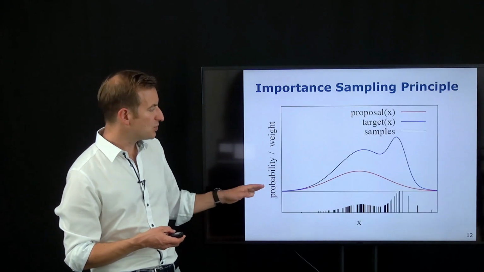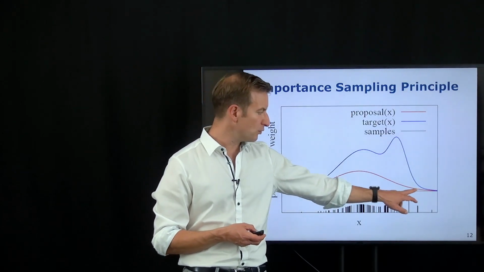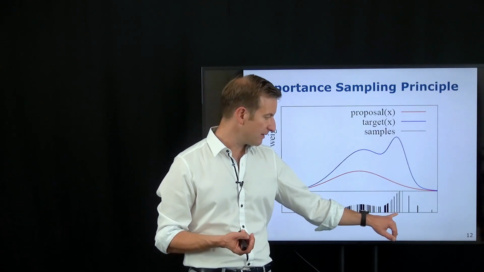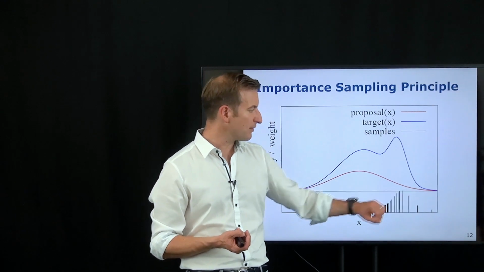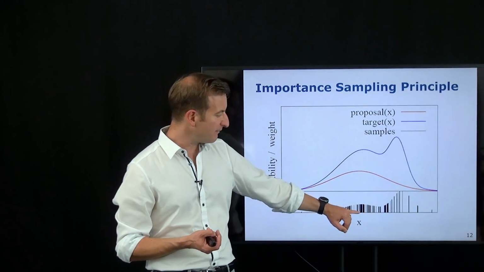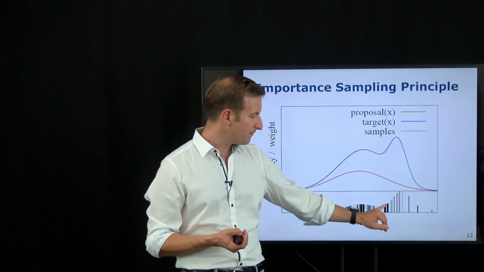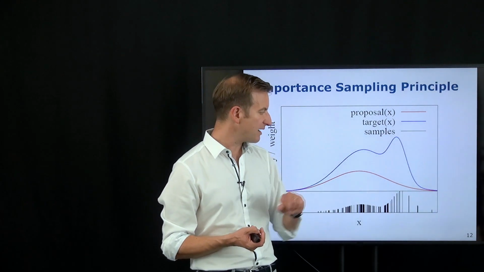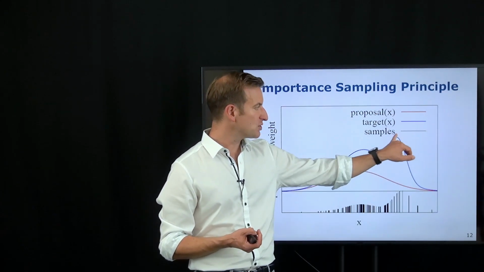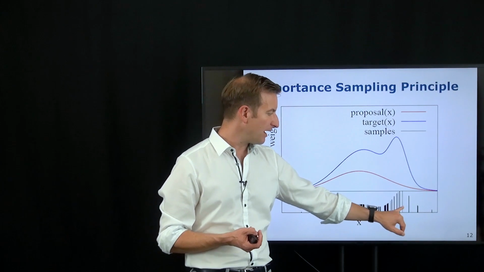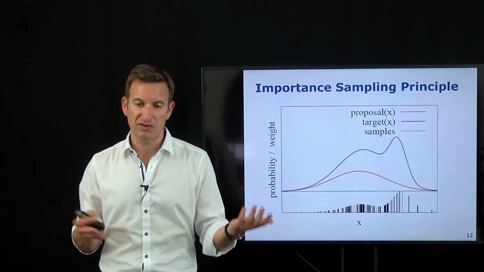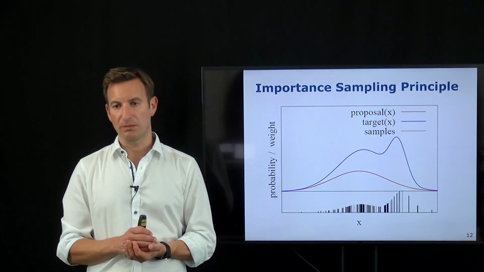But with this approach of drawing samples from the blue curve, that means getting locations on the x-axis here, where the location is determined by the red curve, and then compensating for the error that I haven't drawn from the blue curve by giving them a weight, and the larger this bar over here is, the higher the weight. So in areas where I've drawn few samples, but where the function value of the target is high, I will have higher weighted samples. And in other areas where this is not the case, the weights will be smaller.